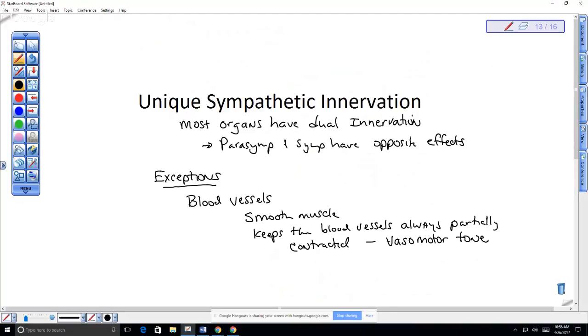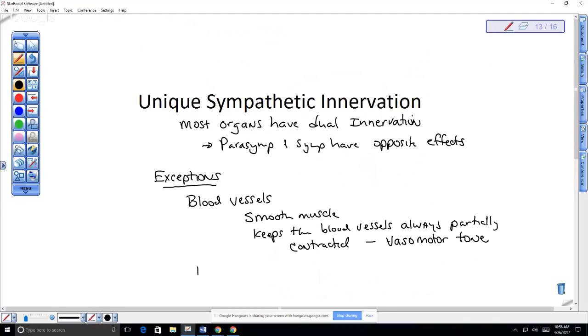Okay. So the shunting of blood to the surface of the skin when you're embarrassed is due to which one, vasodilation or vasoconstriction? When you shunt blood, what are the blood vessels in your skin doing? Are they dilating or constricting? Dilating, right? Because when I'm embarrassed, my face turns bright red. That's because the blood vessels have dilated and more blood has flowed into those capillaries. So that would cause dilation.